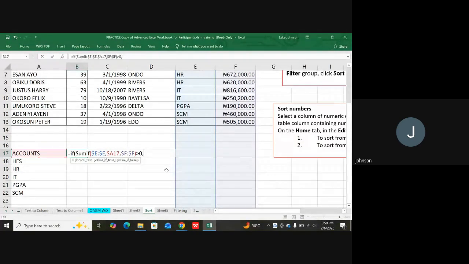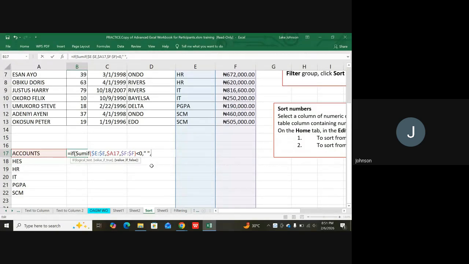Or let's just put, you can also put a dash. We can put a quote that if this is less than 0, sorry, let's use less than 0. If it's less than 0, give us a blank space, right? Comma. Then if it's not less than 0, we now say